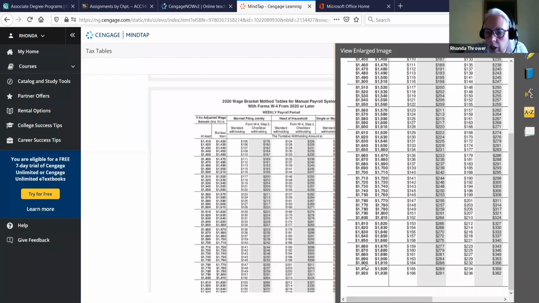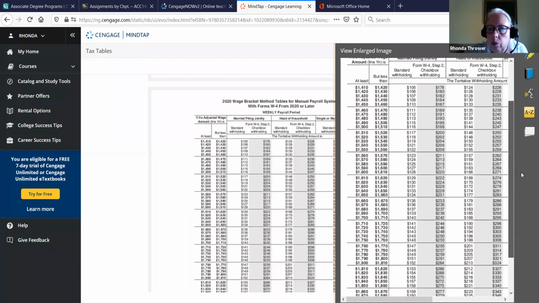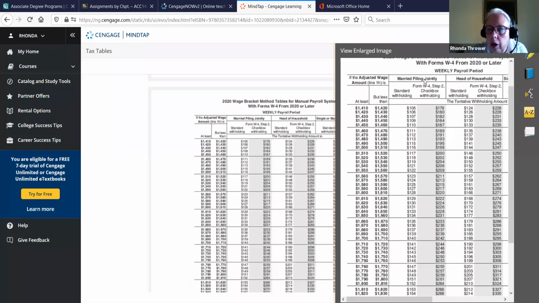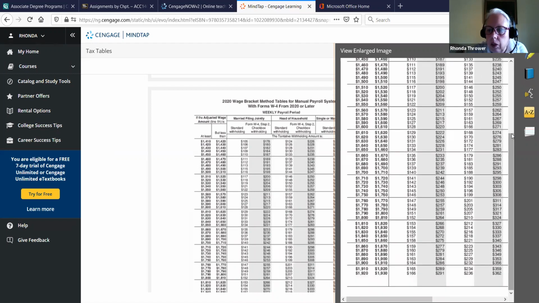So I'm going to go down here. It's at least $1,900. That is the amount of our salary in this case, to $1,910. It's not more than $1,910. So I'm going to scroll across and I'm going to pick up $164. And let me scroll back up so you can see where I'm getting it from. This is married filing jointly, the standard withholding. So right here is